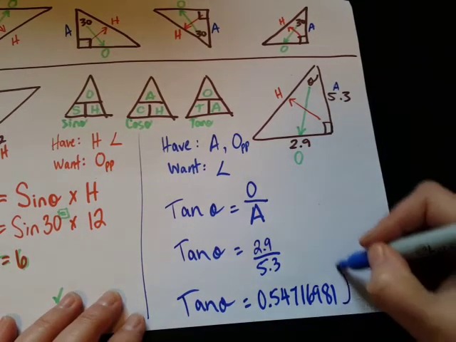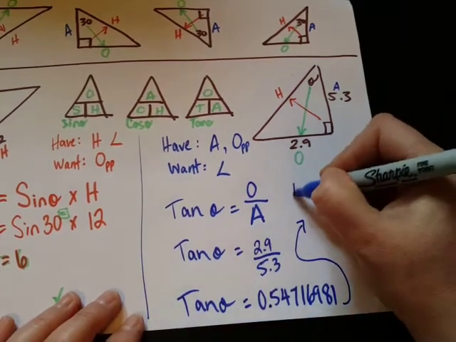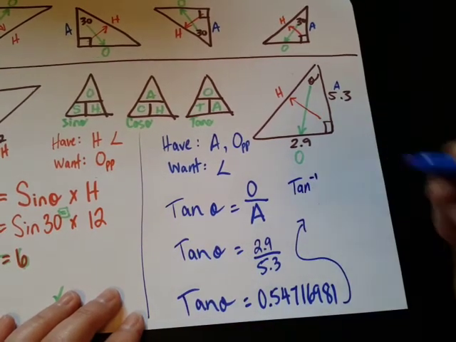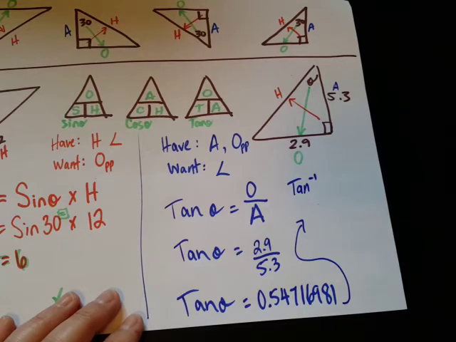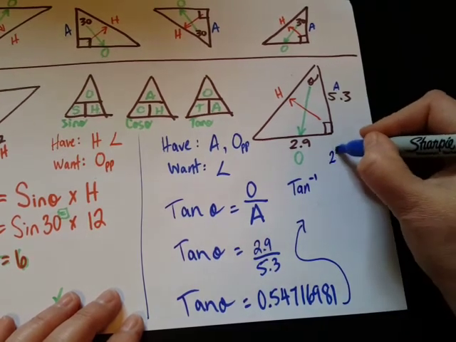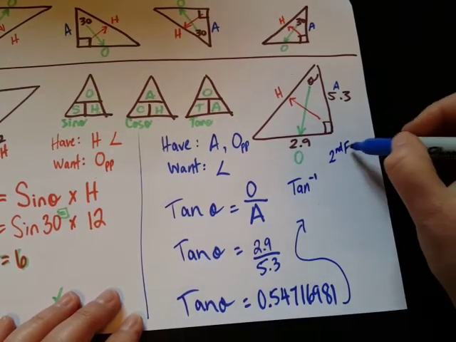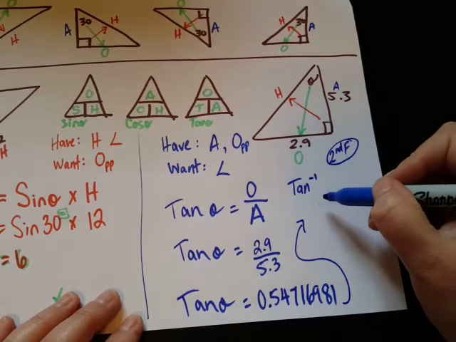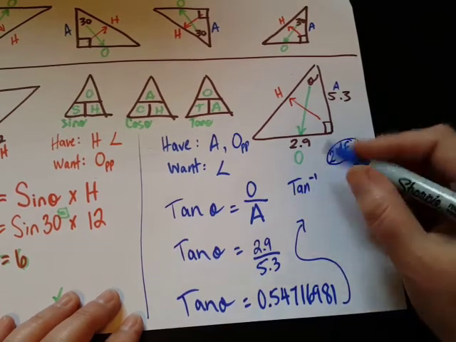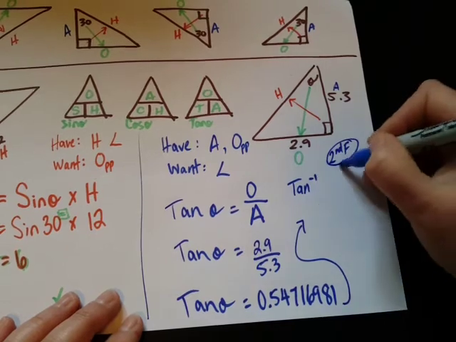So we want to look on our calculators for this button. Now, that might be a second function. You might have a button that looks exactly like that. But if we do the inverse tan